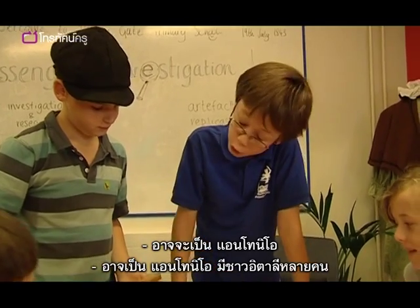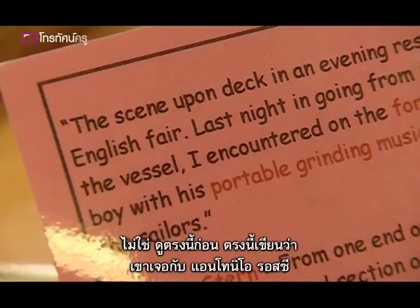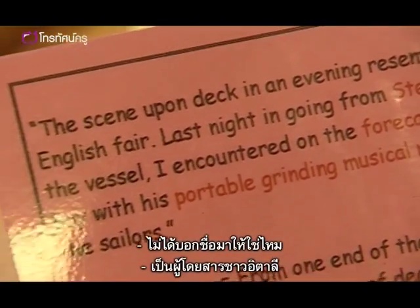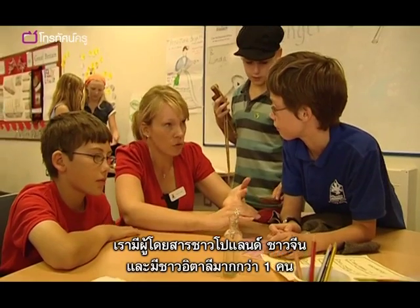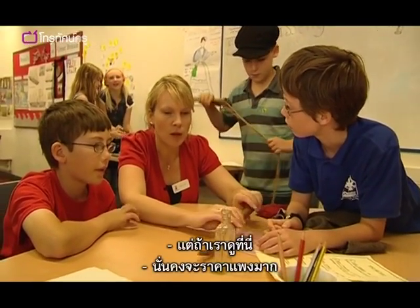It could be Antonio, because it could be two Italian drummers. But then that seems like a no, because look, on here it says that he met Antonio Rossi. Doesn't say his name, does it? Yeah, it just says Italian boy. Yep, we had Polish passengers, Chinese, we would have had more than just possibly one Italian person. But, if you look at this...